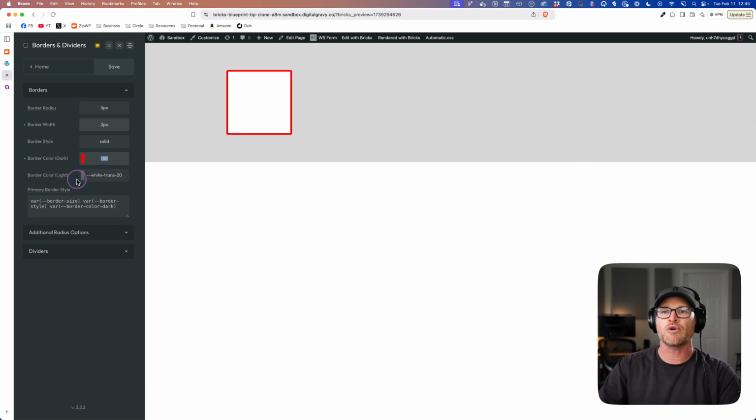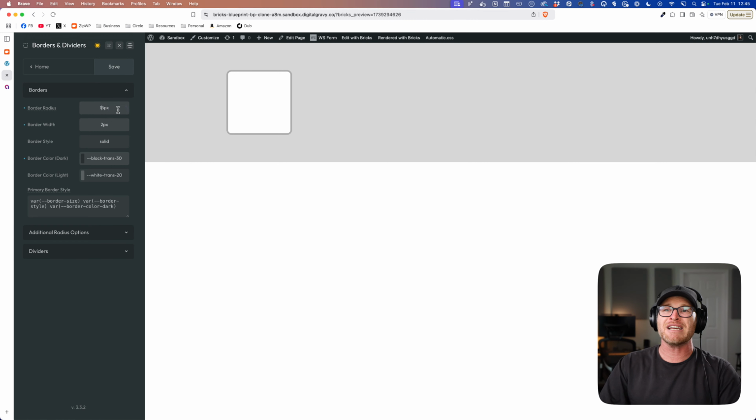We're going to use solid borders, and we are going to use, I can go black trans 30 or something like that. I'm not saying this looks good, I'm just saying this is our border style for this website. By default, we're going to have dark borders, but we are going to have a light version that we could apply. Maybe that's going to be white trans 20. It's also going to be a 5 pixel radius, a 2 pixel width. It's going to be solid. It's going to be all the same things. We're just going to change the color.